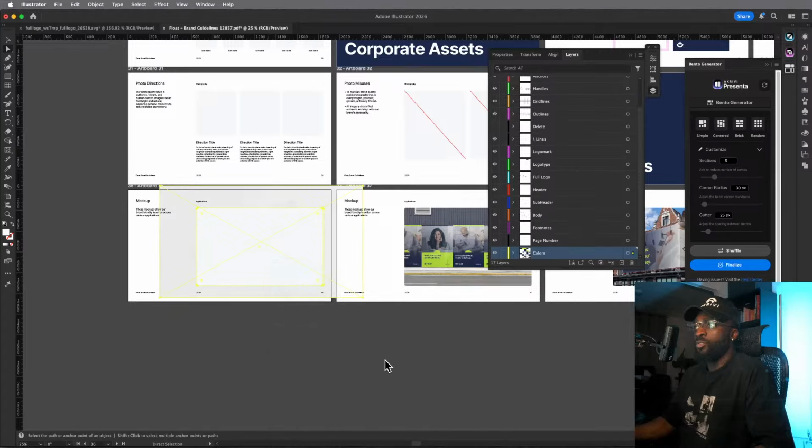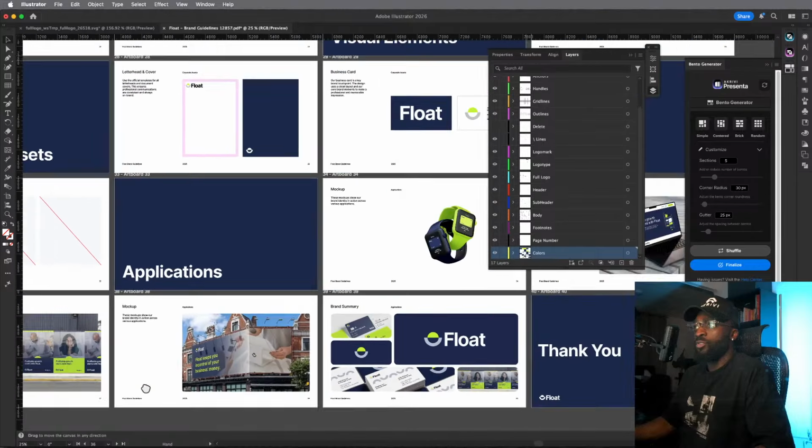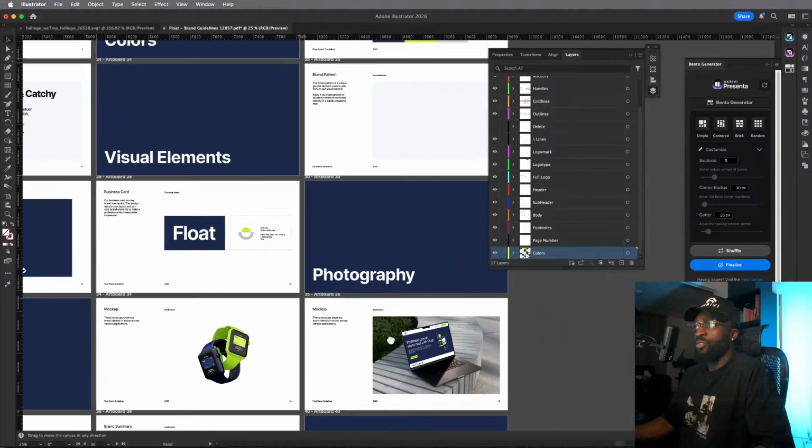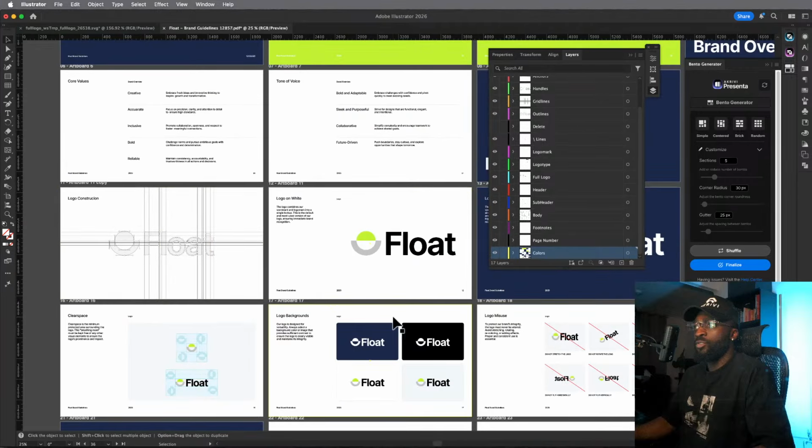Okay, so I believe that's it. Obviously, there's some other pages. I'm not going to go into add all of that. But then when you do that, you go in and you do it. You have your brand guidelines. I also believe, if I'm being honest,